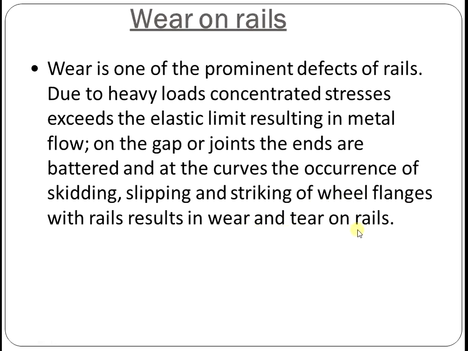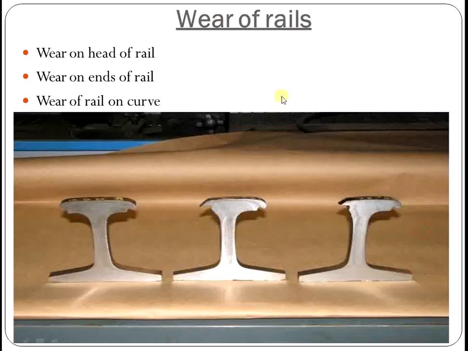We have to know that wear and tear is the result of continuous use of any material. This is the possibility of wear and tear. When heavy load is coming on the railway track, the wearing of the rails will definitely happen, and we have to control or resist the wear on rails with the help of various methods. We see the next slide. This is the wear of the rails.